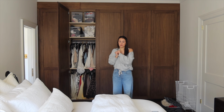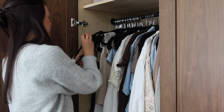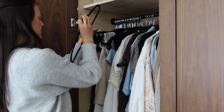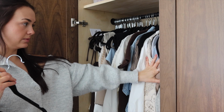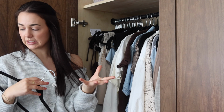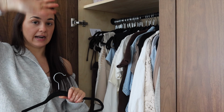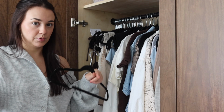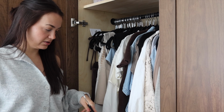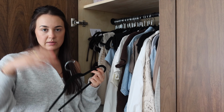First, we have to go through donations, selling, purging. This first section right here was intended to be, I don't know if it's really kept up that way, but it was supposed to be my tank tops, short sleeves, and some long sleeves. And this is kind of what I deemed to be my winter wardrobe actually. When I moved in November, I unpacked and put a bunch of my spring stuff up in the attic. So that's another priority, going through all of that and doing the whole seasonal swap right now too. But I'm gonna start by going through what's still in my closet before I bring all